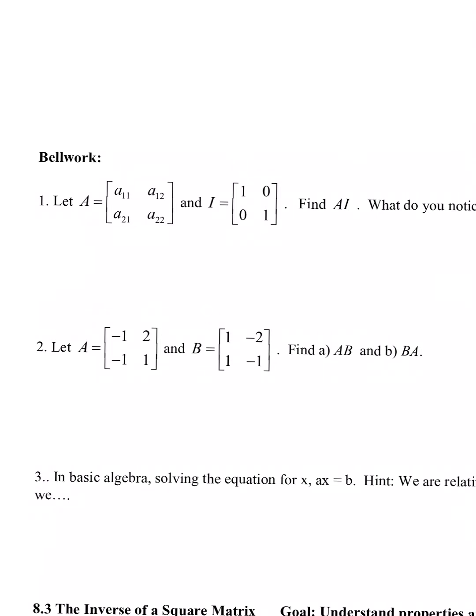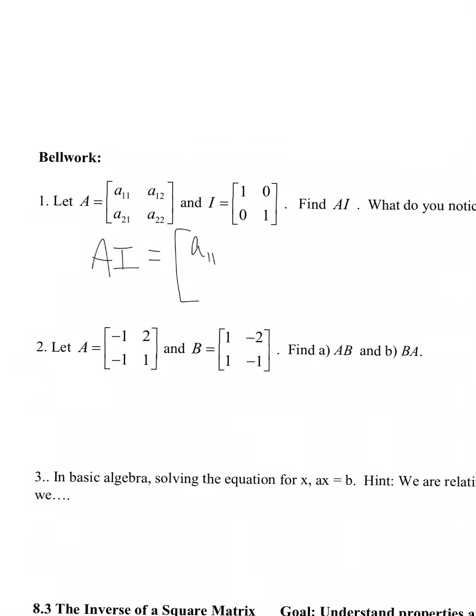So what it says is find AI. We're going to multiply A by I, and if you look at this matrix right here, it is called I because it is what is called the identity matrix, and there's a reason it's called the identity matrix. An identity matrix is a matrix where you have ones on the diagonal and every other entry, in this case these two, are zeros. So if we do A times I,